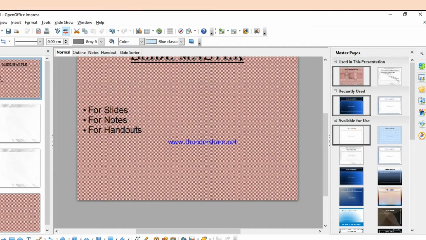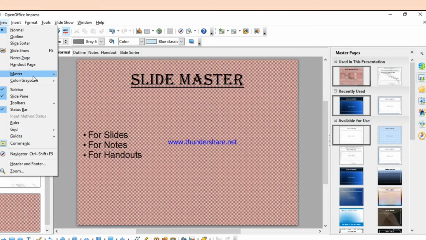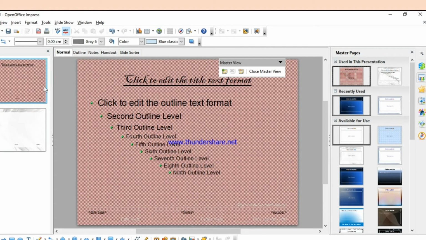Now let's see how to add the header and footer through the Slide Master. So this is my first slide in which this master slide is added. I would select this master slide. I would go on View, I would click on Master, and then I would click on Slide Master. Now this slide is again here for the changes or for the addition. You can see at the bottom this is the footer. So any change I am making in this footer would be applicable to all the slides which are following this master slide. So here suppose I write